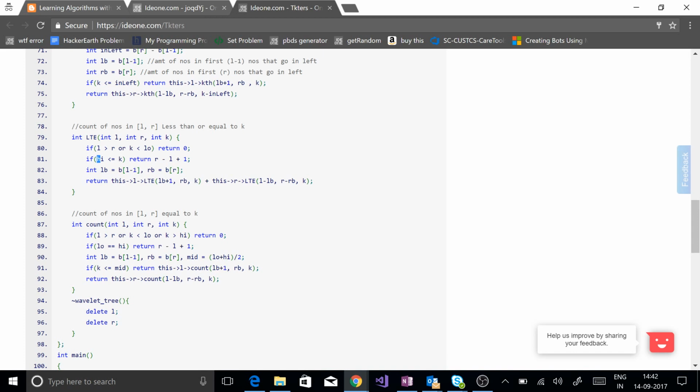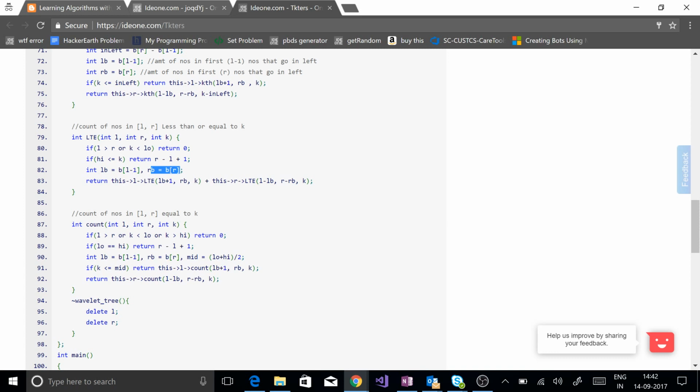So if high is less than or equal to k, then all the elements in this present node would be less than or equal to k. So you simply return the complete size, which is r minus l plus 1. You're looking for this subarray whose size is r minus l plus 1, it means it has r minus l plus 1 elements and all are less than or equal to k, so we return it.